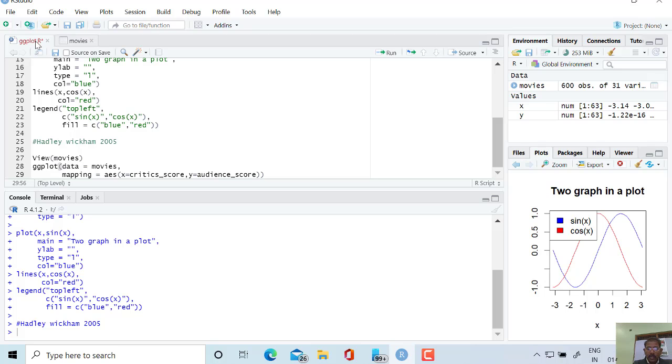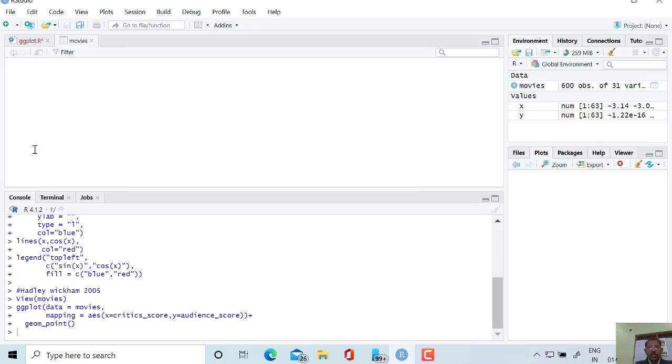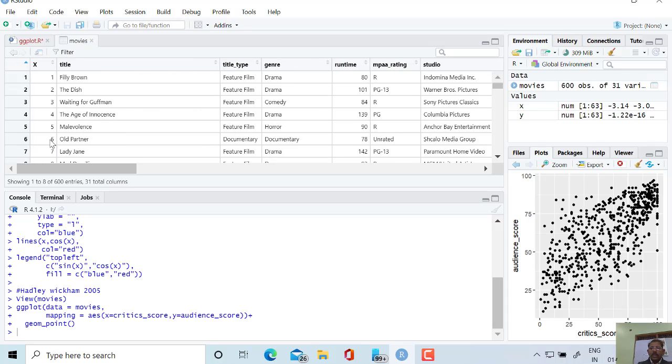So after that aesthetic mapping, no mistake, and therefore now I can run the command and let me see. So we can see that a scatter plot has been plotted here because geom point has been given here, and in this way it is looking like a very interactive scatter plot.